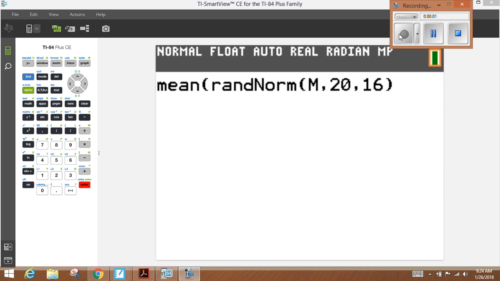Here a variable m. We're not sure. I know what it is. You don't get to know what it is, right? And what this command is going to do